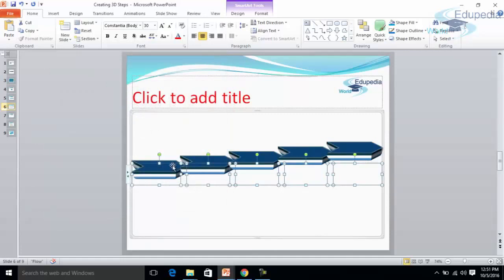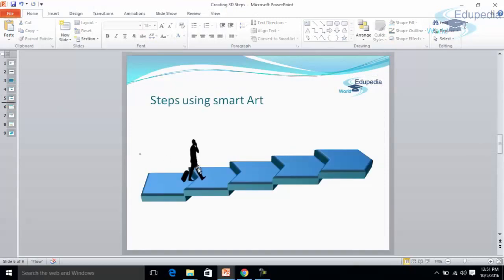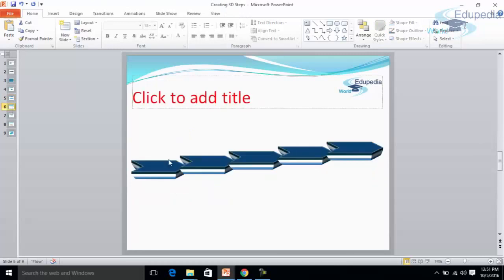You can give the height by using the bevel effect. You can give them either the angular projection or some different kind of projections, and this is one of the ways by which you can create this staircase. And then you can place a person here who is climbing. You can place a figure here. This is just a figure that I have copied from the clip art. I'll copy and I'll put it here. Yeah, like this. You can give a bit of angle to this image.